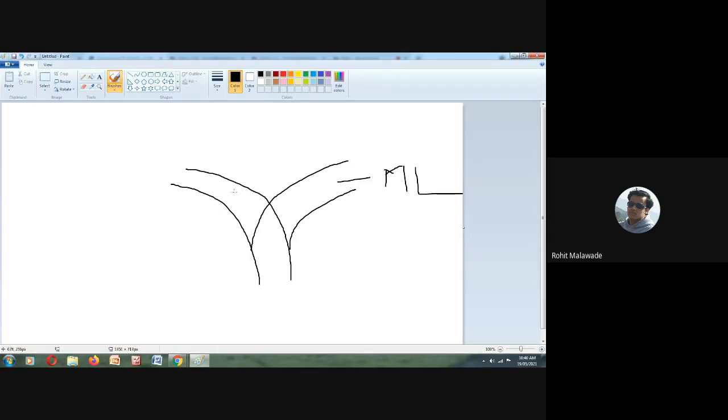This is your main line, and this is your branch line. You always remember that, right? The super elevation on a broad gauge main line will be more than the branch line. The super elevation of your main line will always be greater than the super elevation on a branch line, and the speed of the main line will be greater than the speed of the branch line.